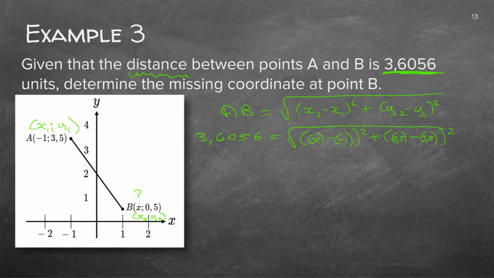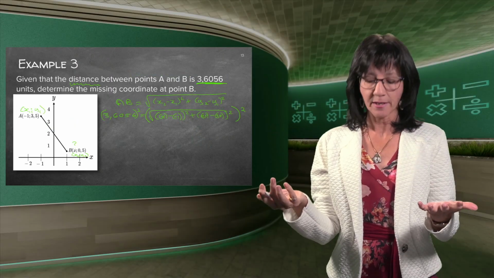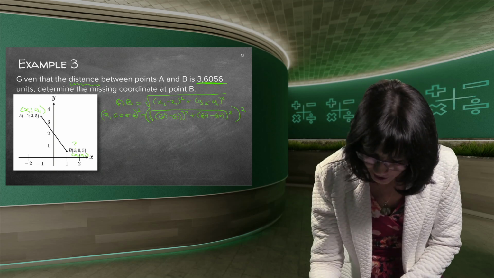So I actually prefer to put a big bracket there and square the whole thing, and put a big bracket there and square the whole thing. You may only square once on each side of an equal sign. And because I've got one nice big square root sign, I can just take the whole square root sign and square it. Why would I want to do that? Because a square root sign and a square cancel out one another. And this one, you can go and check on your calculator.